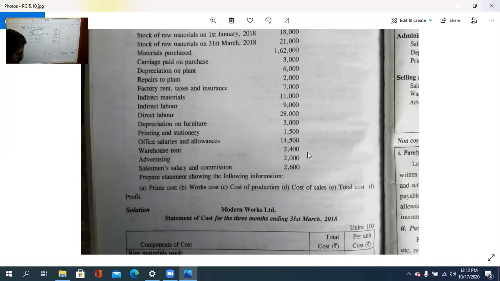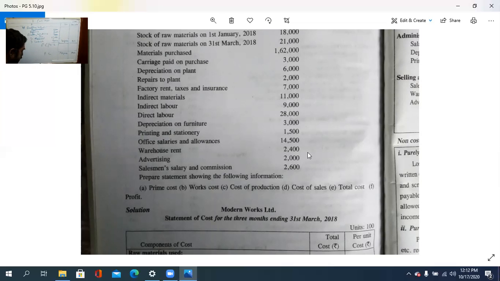8,000 plus 7,000 plus 20,000, 35,000 is the total. So that total coming here, then we need to add the prime cost plus factory overhead. So it is 350 per unit and 35,000 total. So factory cost or works cost is how much? 1,90,000 plus 35,000